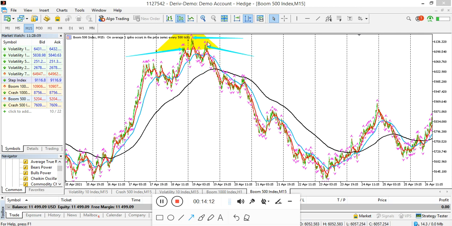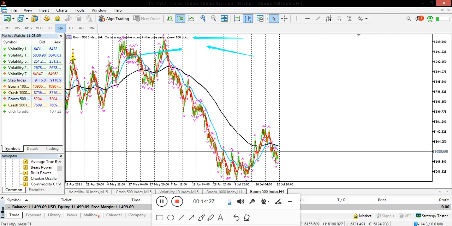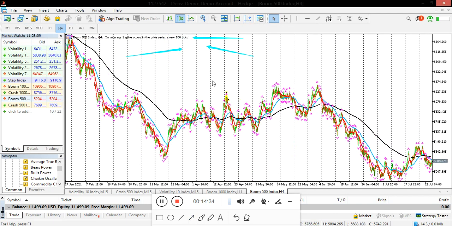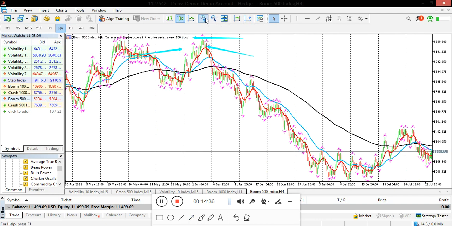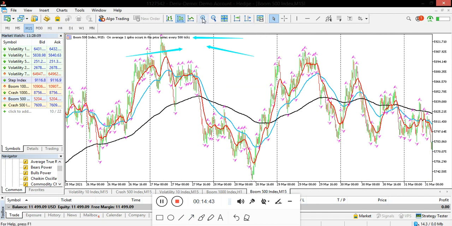This happened at higher time frame. I don't want us to forget. It happened at 4 hours time frame. 4 hours time frame was when we have this. Sorry, okay, I can't click because of this. At 4 hours time frame, we have this analysis which I map here. This is it here at 4 hours time frame, and at 15 minutes time frame we are having